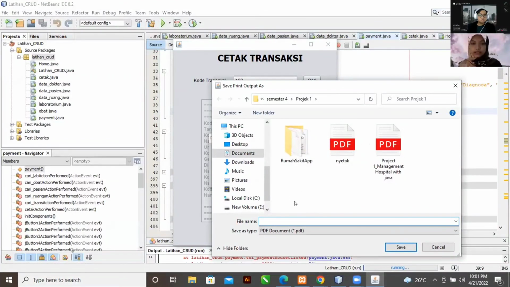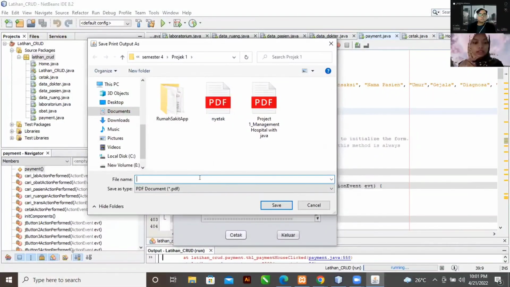Okay, the transaction paper will be saved in your documents. So you can choose the folder where you want to place this PDF data.